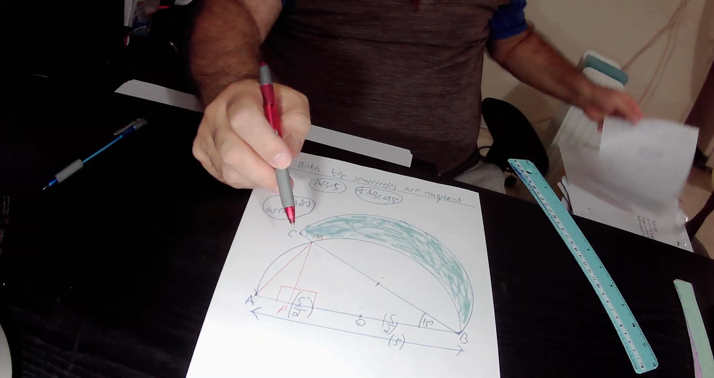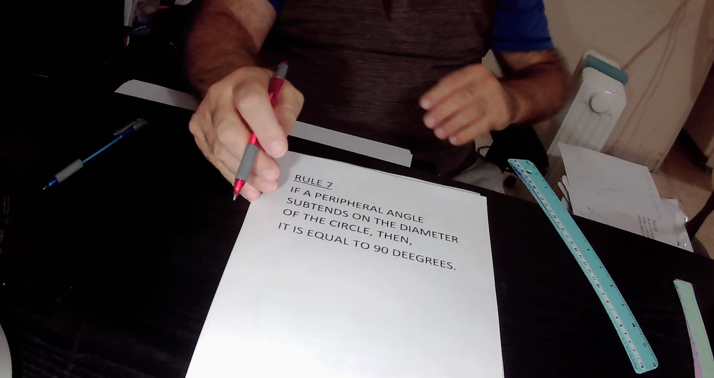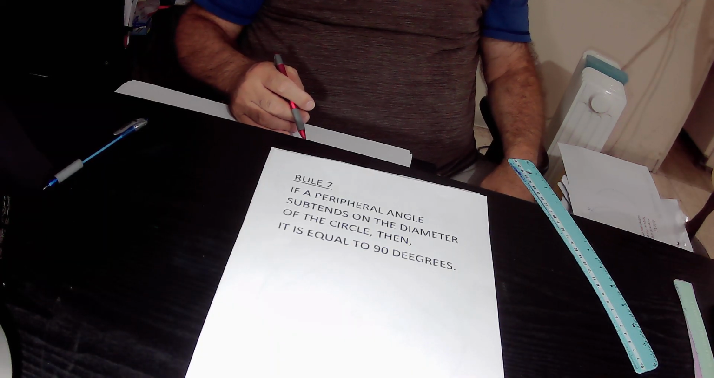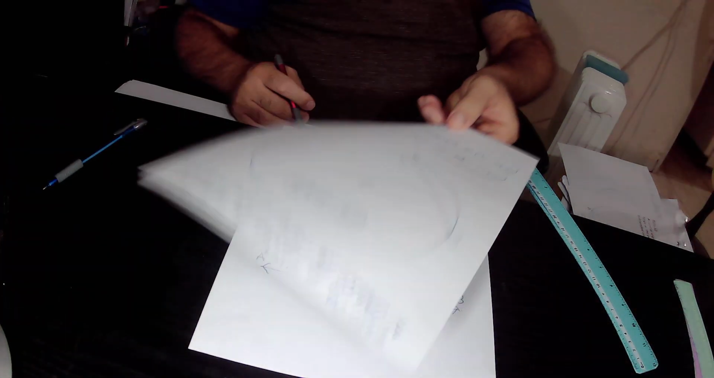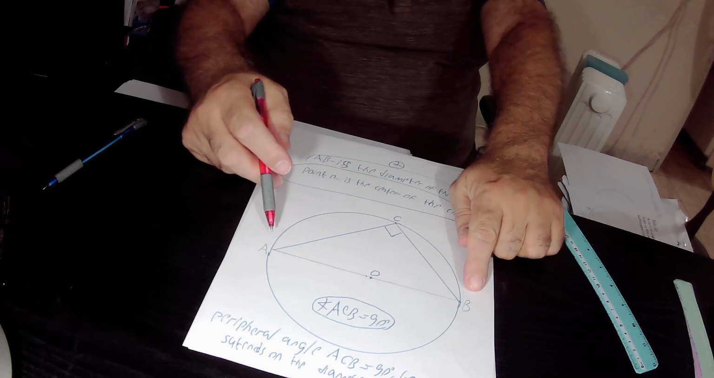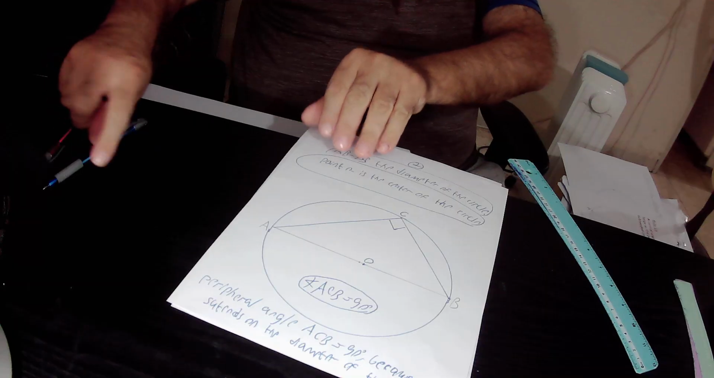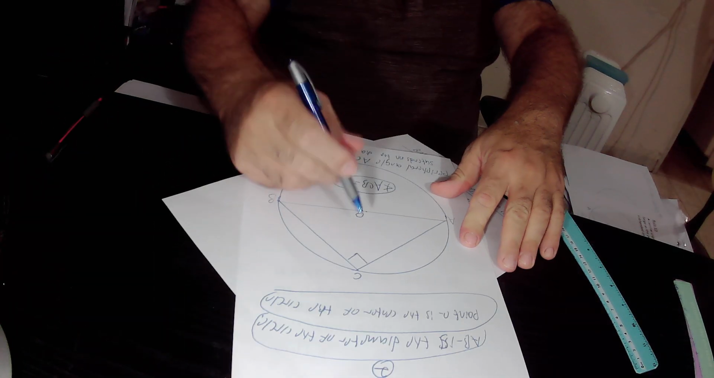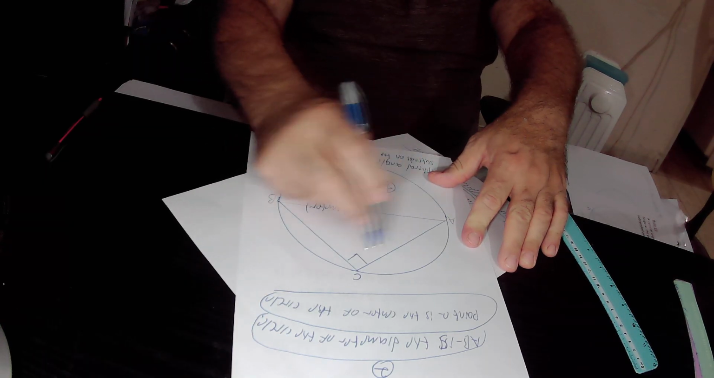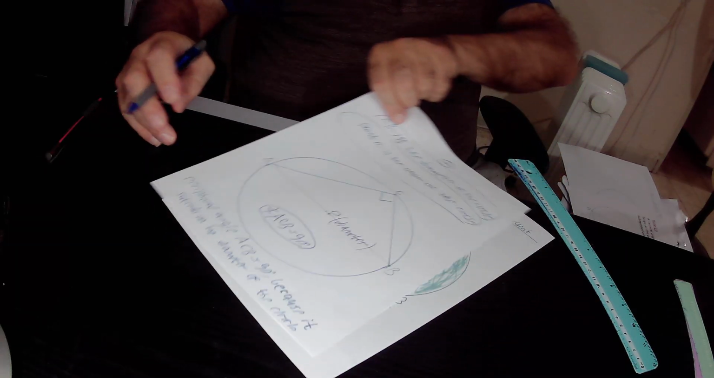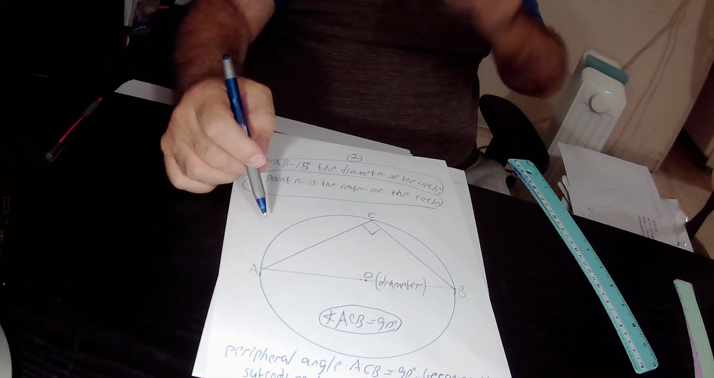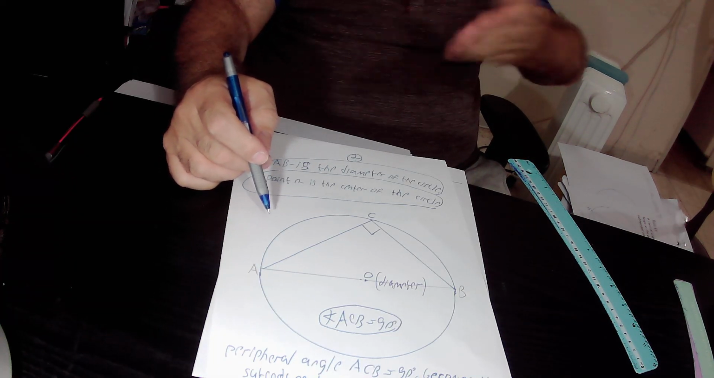So I pitch quickly on rule 7. According to rule 7, if a peripheral angle subtends on the diameter of the circle, then it is equal to 90 degrees. So in the drawing we have a circle. This is peripheral angle ACB that subtends on chord AB, that is the diameter of this semicircle. And therefore, peripheral angle ACB must be equal to 90 degrees because it subtends on the diameter of this circle. So any peripheral angle that subtends on the diameter of the circle must be equal to 90 degrees. This is the first rule